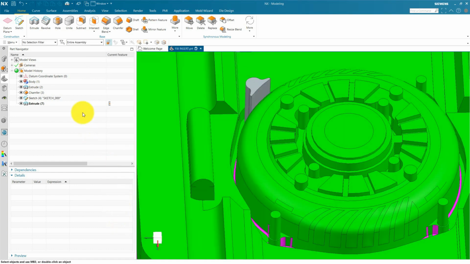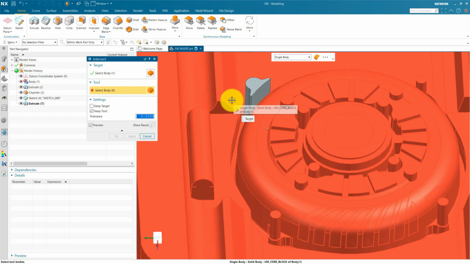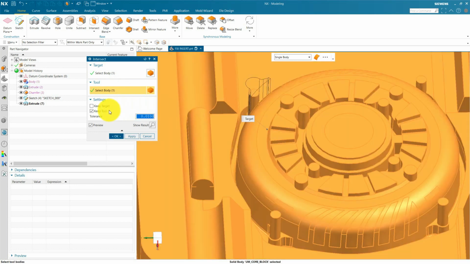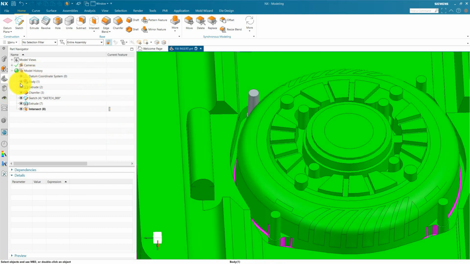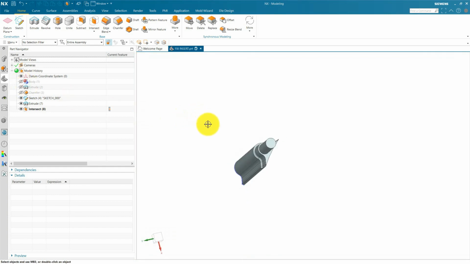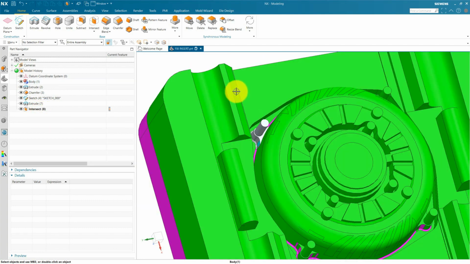OK, and then use the intersection command. Intersection, and select this as the target body and select this insert as the tool body, and check this dialog box, keep tool, and press OK. And now it will create a different solid body for our loose insert. I recommend this intersection method. Okay, next